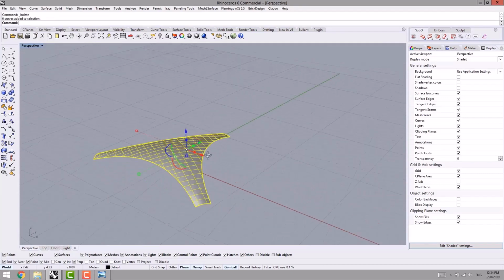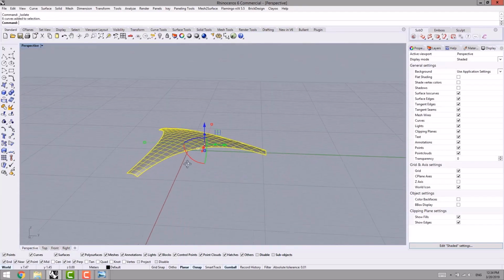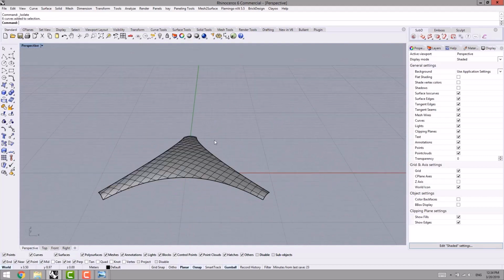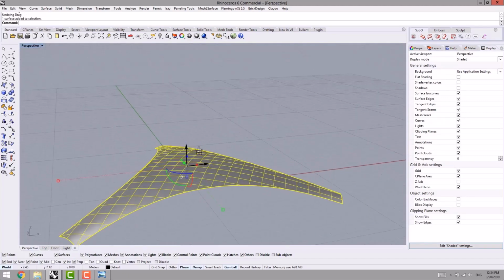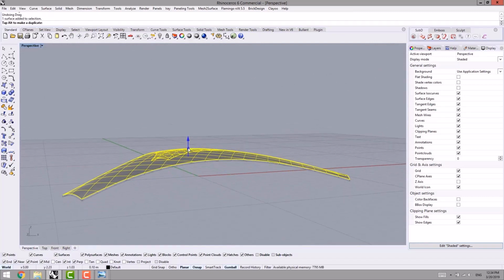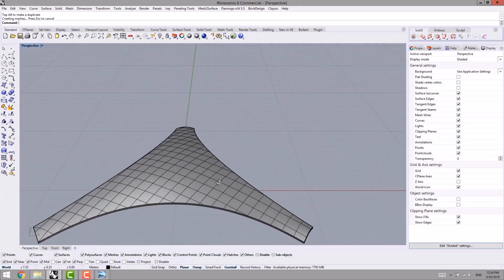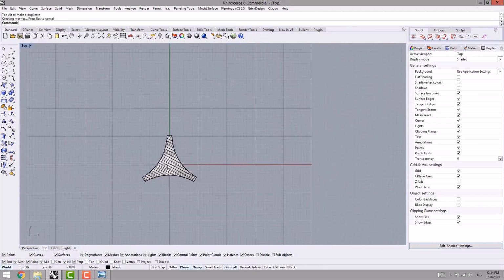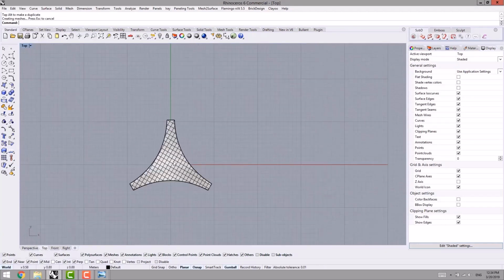I select the surface created by patch. Then by using isolate objects, I want to keep only the surface, and I hide the curves. So by using extrude of the gumball, as you can see, like this. Then in the continuation,